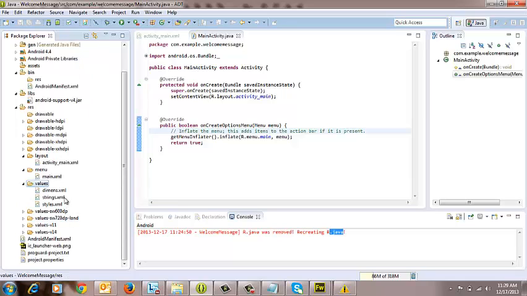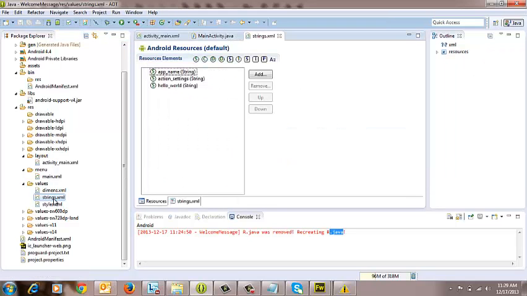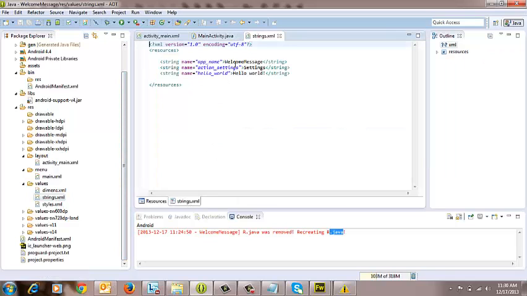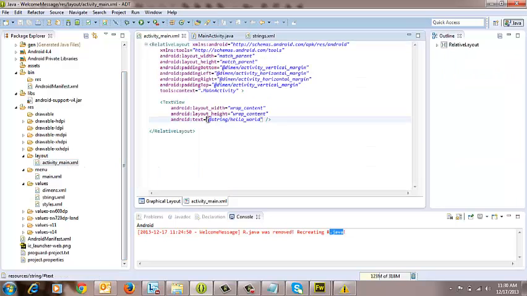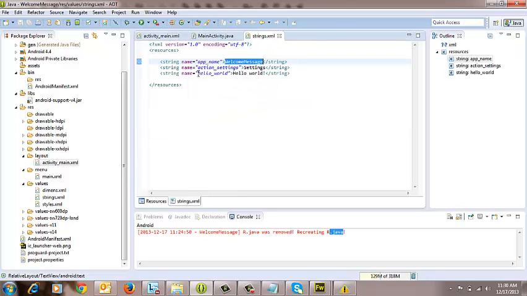And coming to values, all static information will be stored in values. For example, in our application there is a static message, like if you want to display a welcome message, instead of defining this welcome message directly in our layout, we can access it through a string, that is @string/hello_world. Now remember, hello_world is an id in strings.xml. If you observe, hello_world is an id, that's a name, and it will populate this value. So strings.xml is always used to define all static